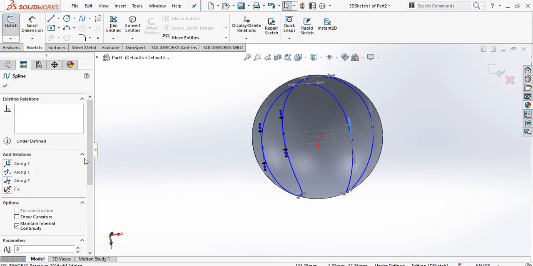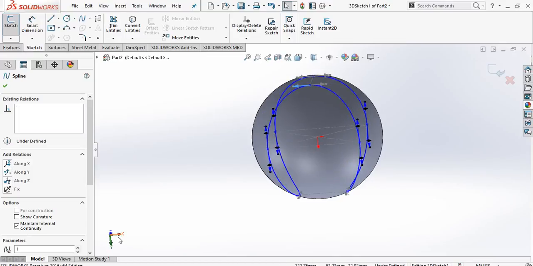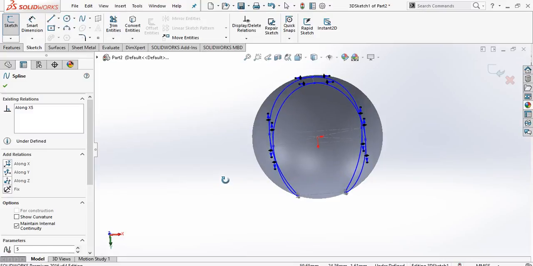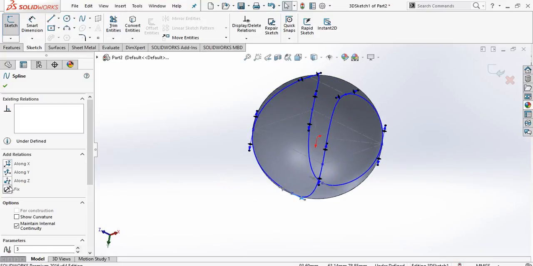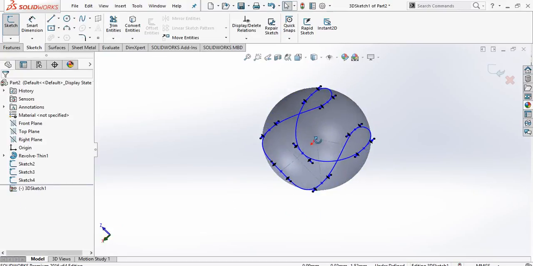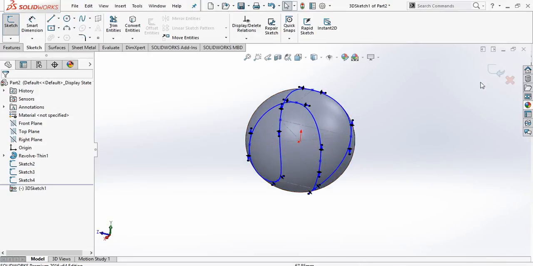Same as this should be in y, this should also be in y, and this should be in x direction. Here you can see, so select along x, and this also should be along x axis, and these two lines along z axis. Okay. Now our spline is complete. So exit.